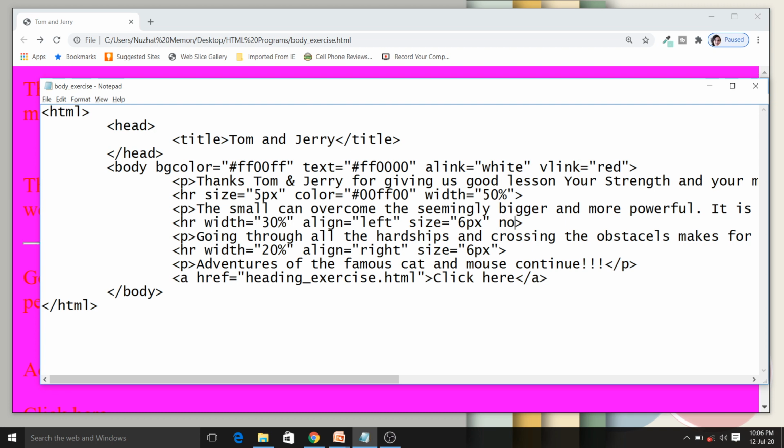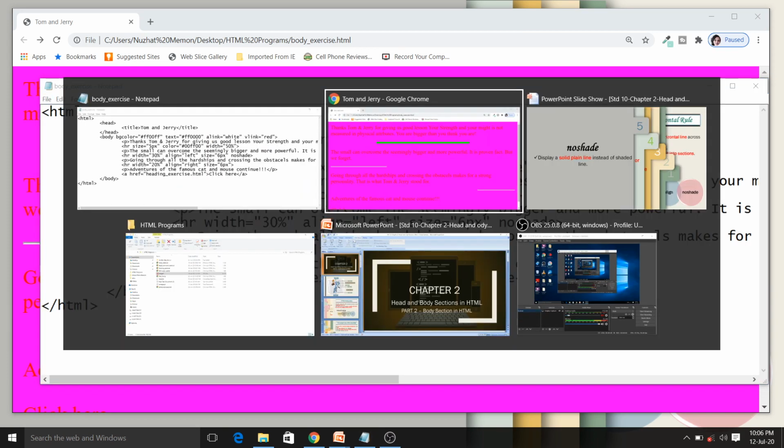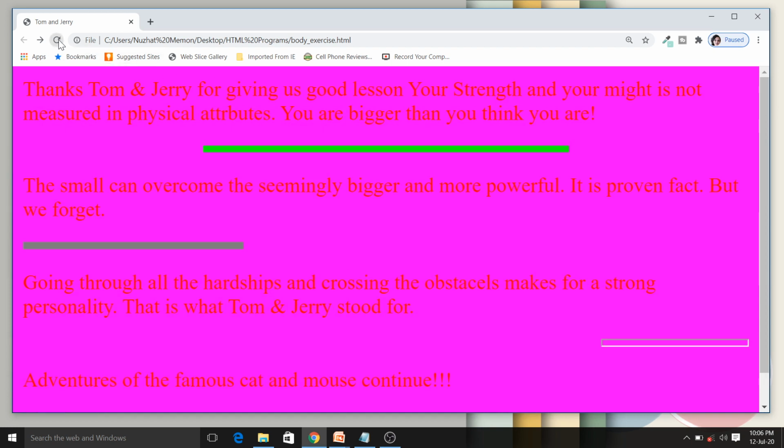Here I am writing noshade. You don't have to write equal to or any value. Just write it like this only. So you can see this one as noshade. It will display a solid plain line instead of a shaded line.